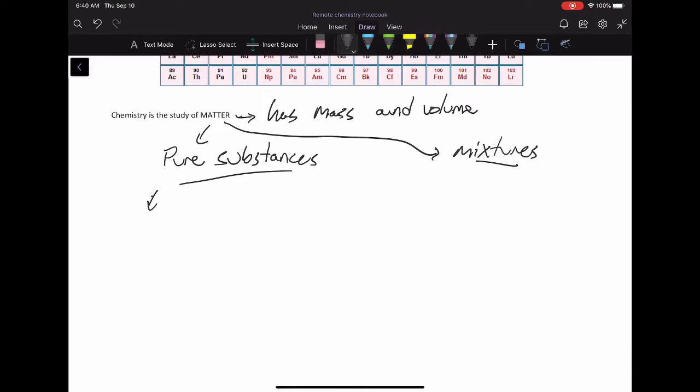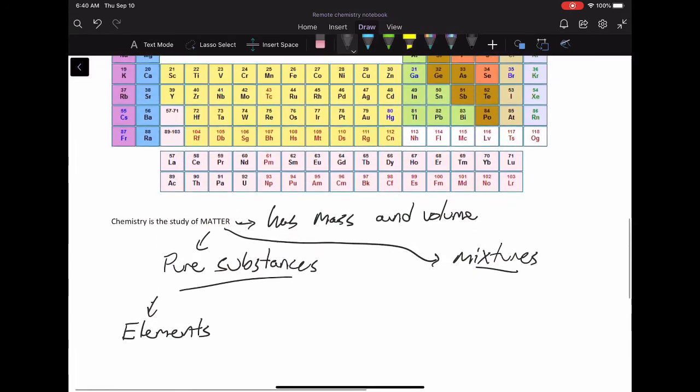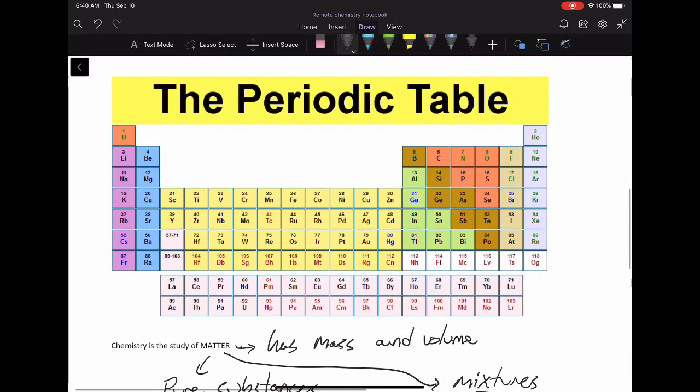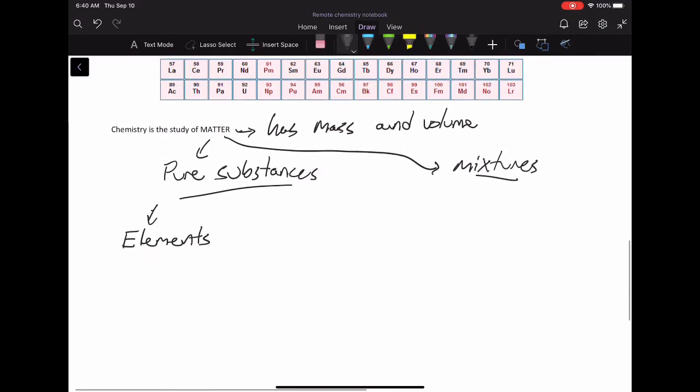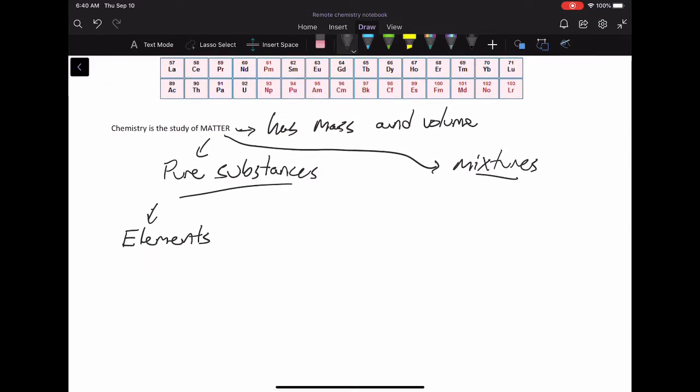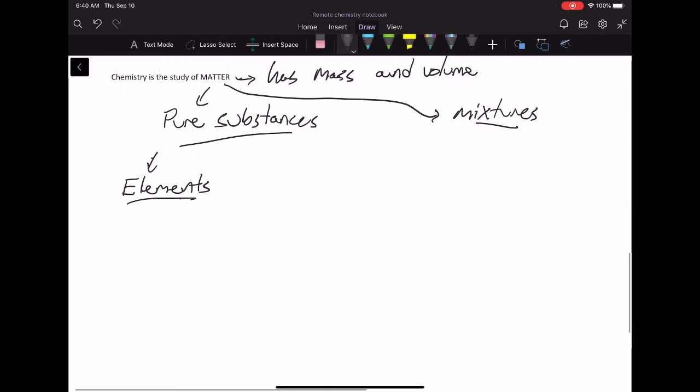So pure substances would be elements. And so the elements are anything found on the periodic table. So these are kind of like the basic building blocks of matter and of everything. There's a few different types of elements. So if you've taken any science class before, I'm sure you've heard of the elements. But there's a few different categories of elements that you need to know. And so for these categories, there are